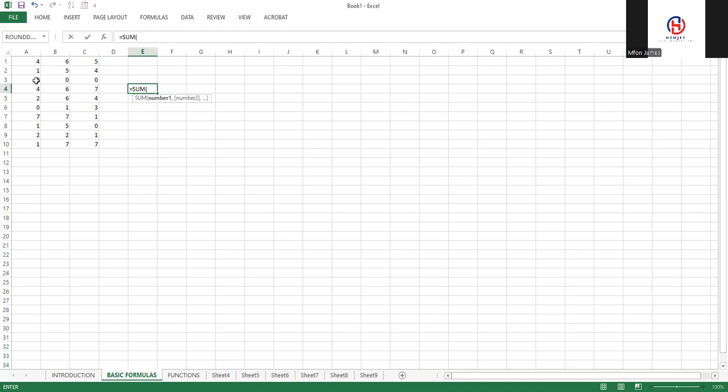So now what I want to do is to calculate the total number if we add all this data from cell A1 to C10. So what will be the total number of all these cells? So I can state that